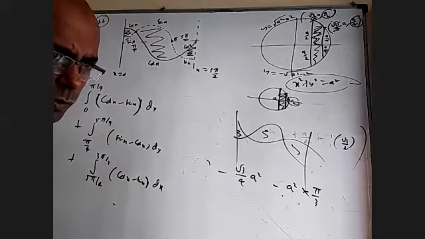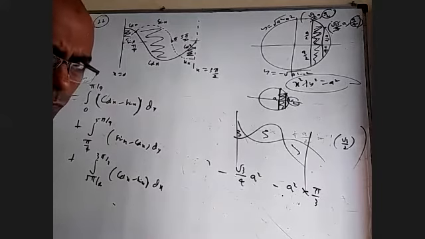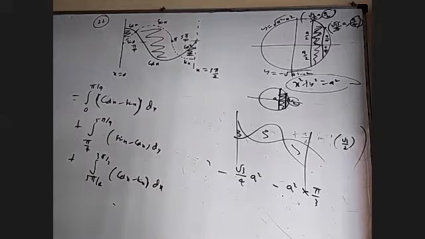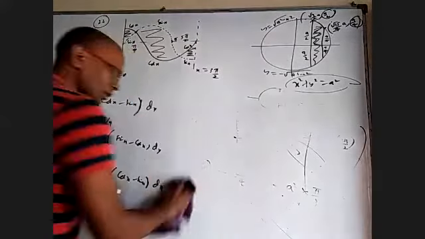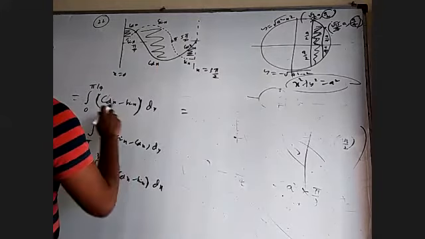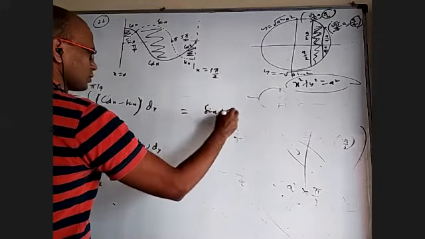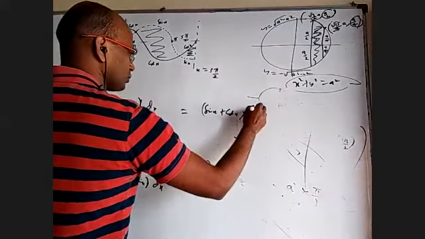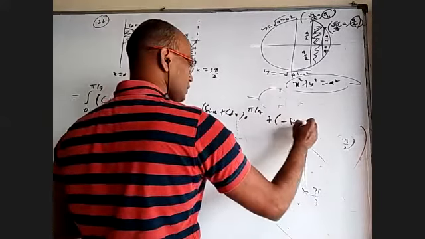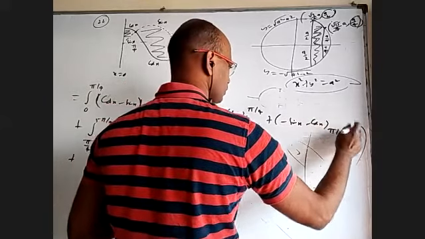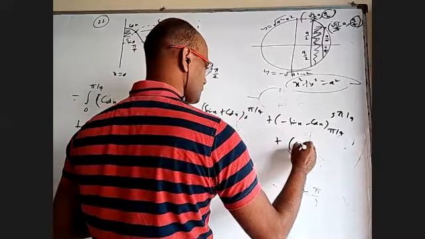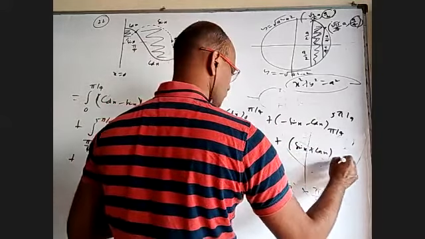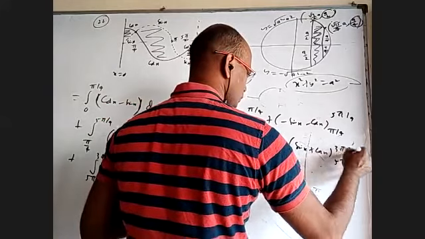Yes, sir. Okay. I'm sure it doesn't take much time to simplify. Yes, we might as well finish it also. This integral is sin x plus cos x from 0 to pi by 4, plus minus of sin x minus cos x from pi by 4 to 5 pi by 4, plus again sin x plus cos x from 5 pi by 4 to 3 pi by 2.